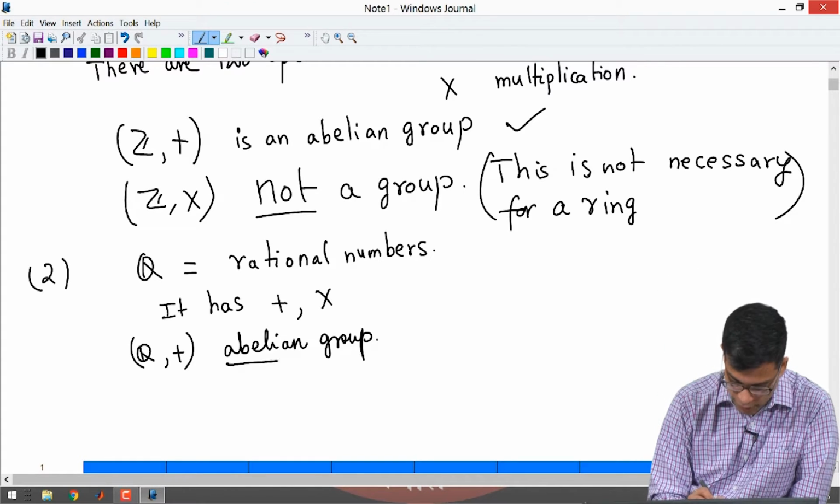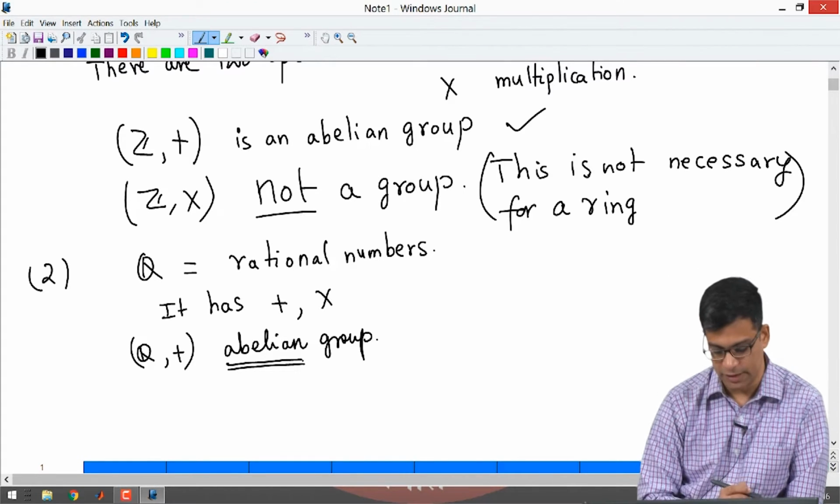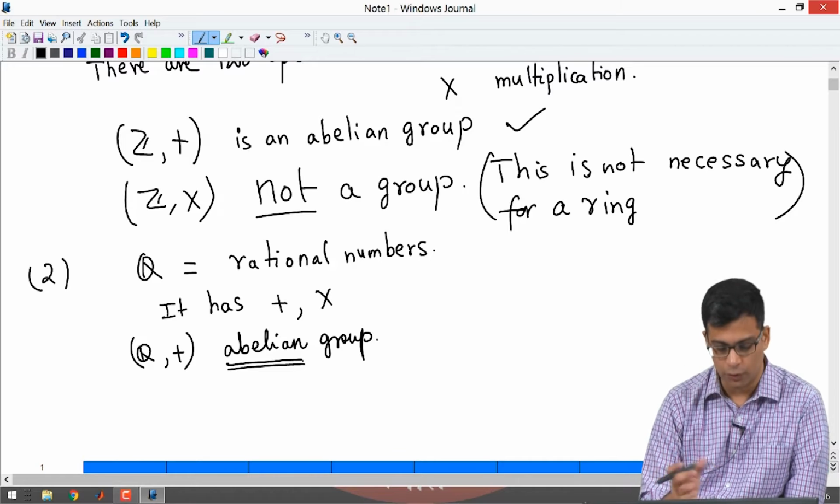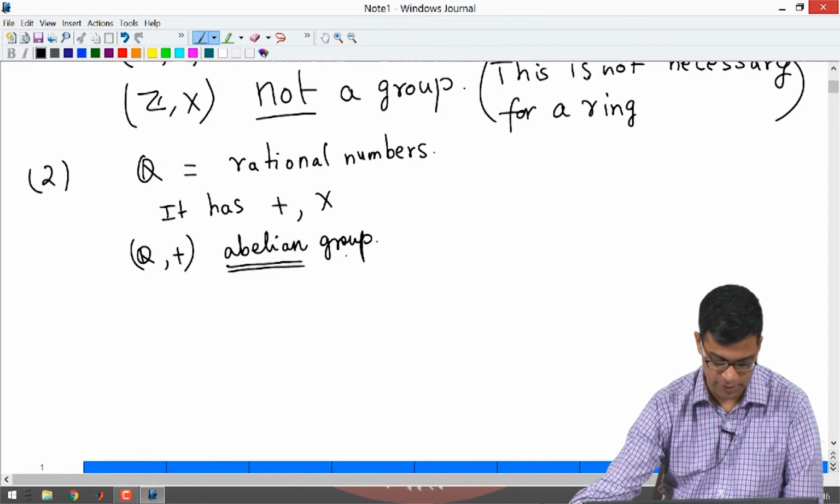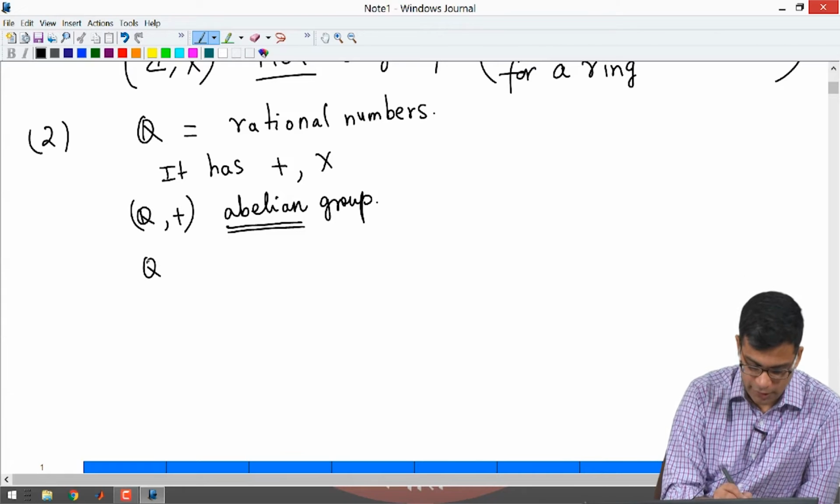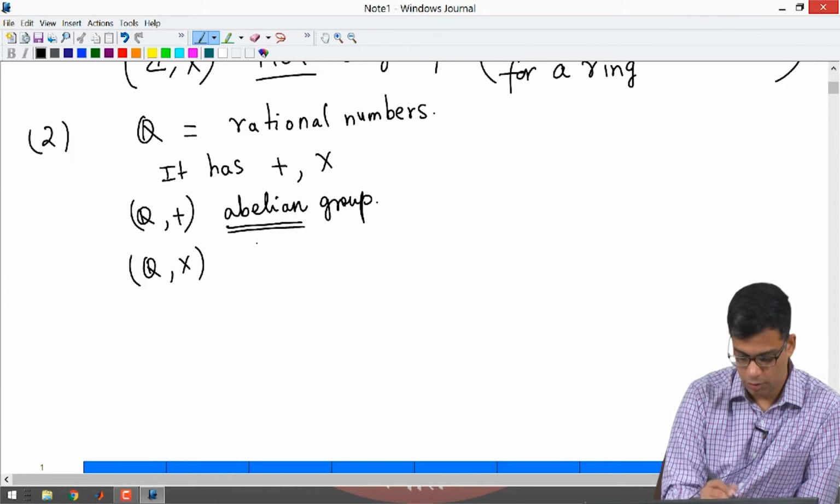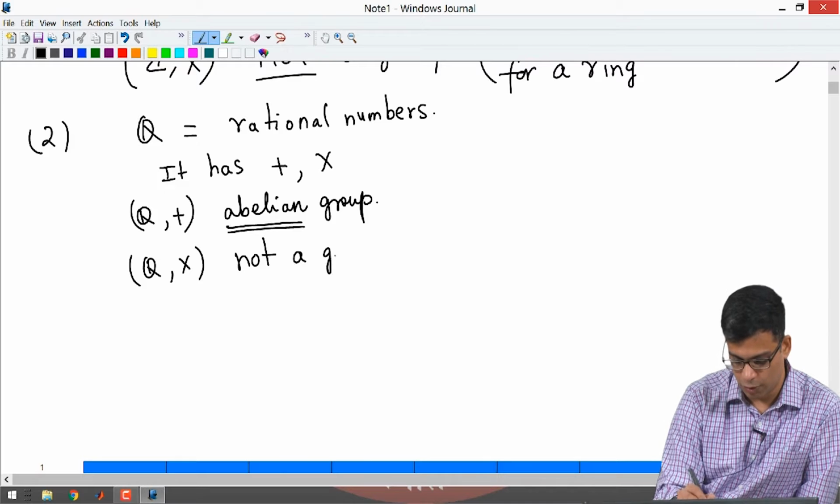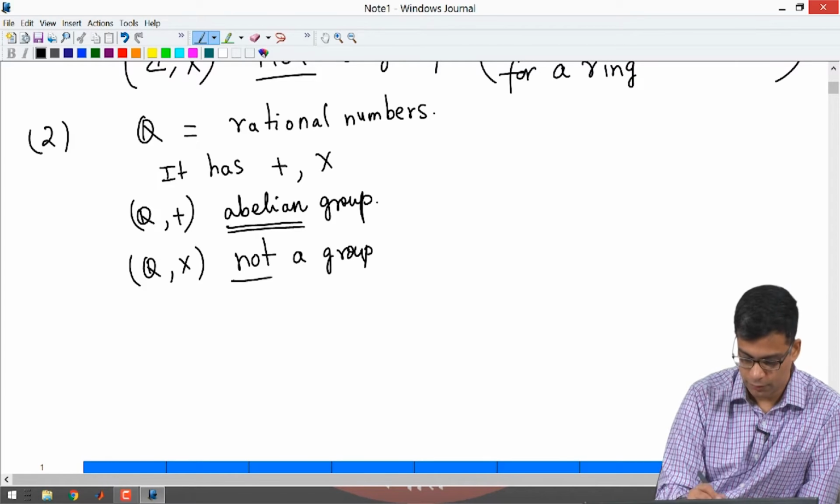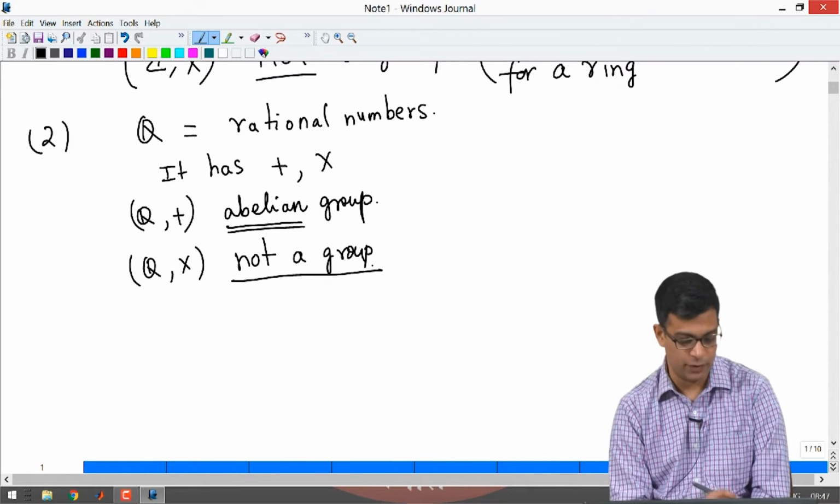And remember also I am noticing that it is an abelian group. If you have 2 rational numbers, you can add them in either order and you get the same answer. Again, just like with the case of integers, Q with multiplication is not a group. However, it is actually better than Z with multiplication, because